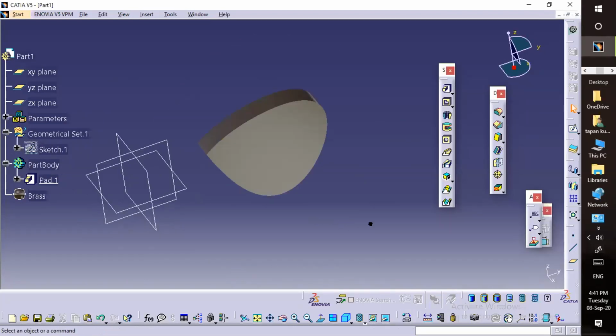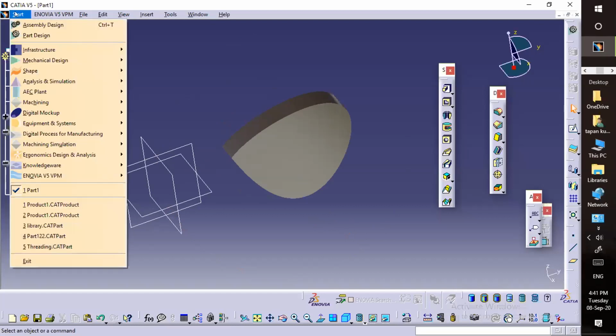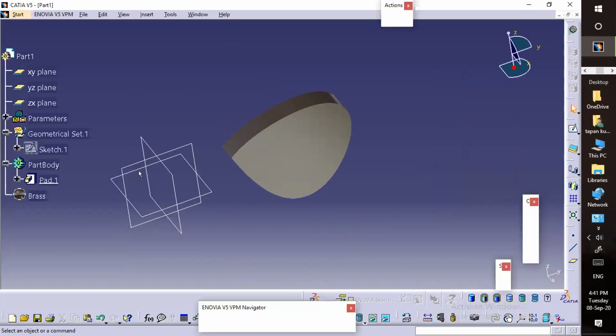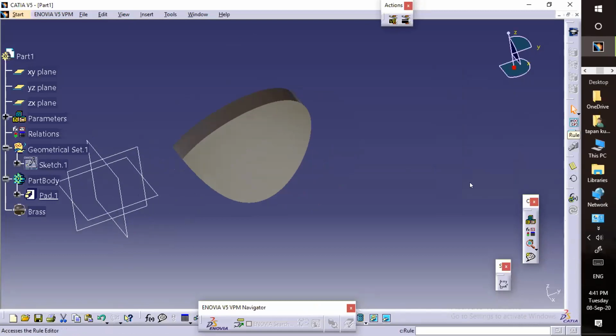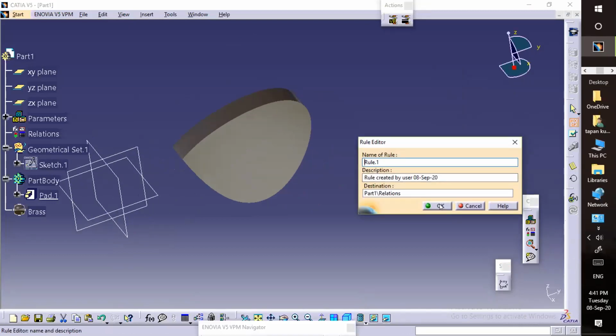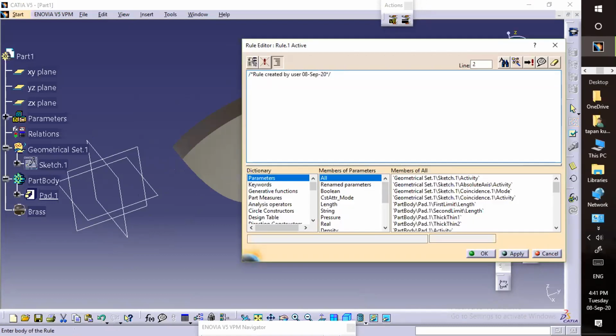Now I need to write a script in order to change the material. So Knowledge, Knowledge Advisor, then go to the rule. I want to change the material.